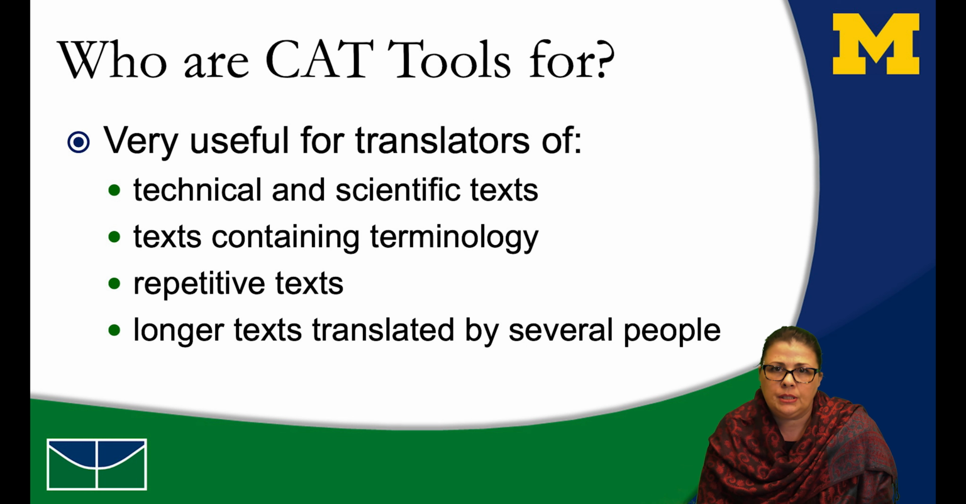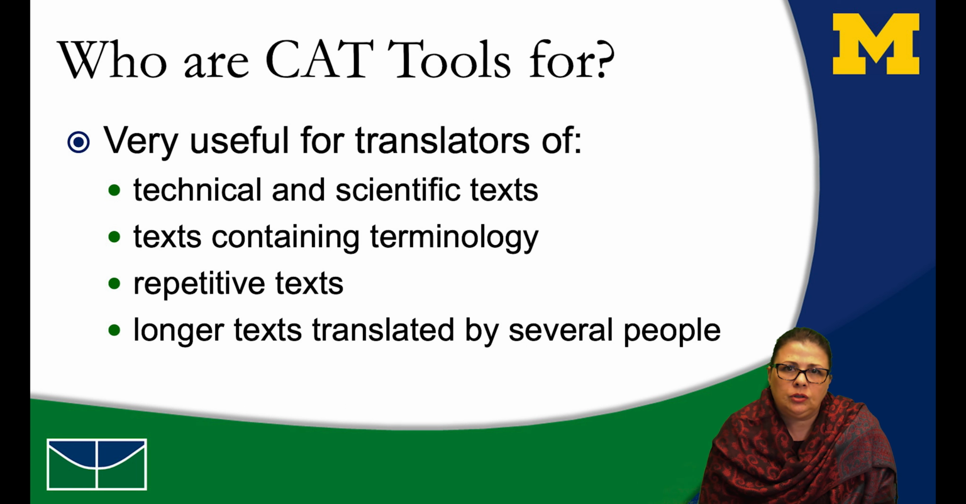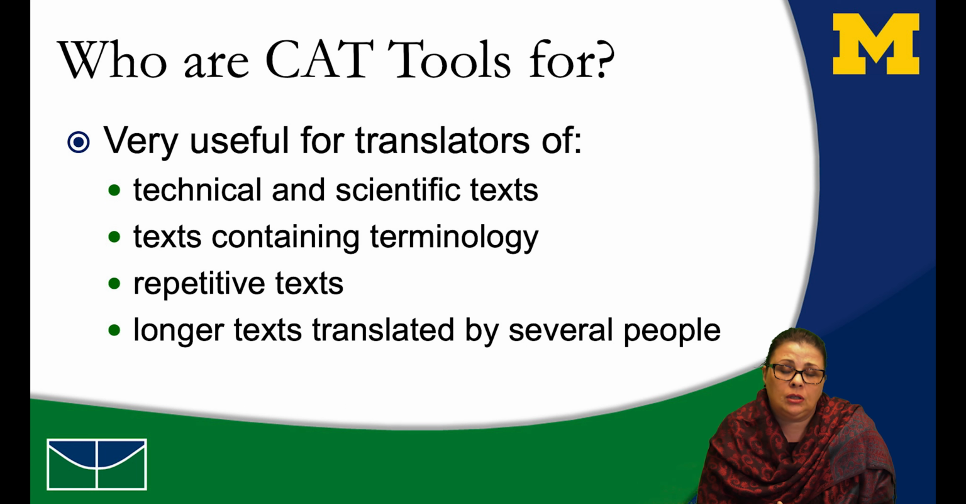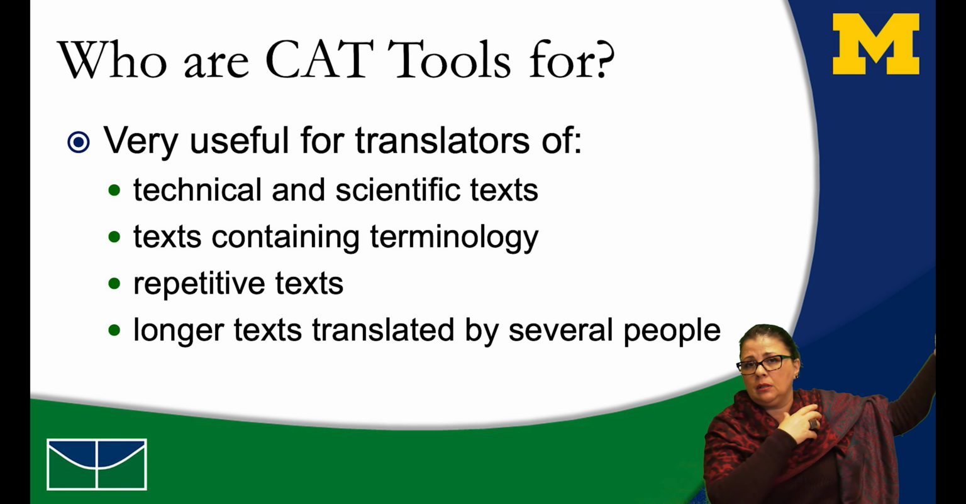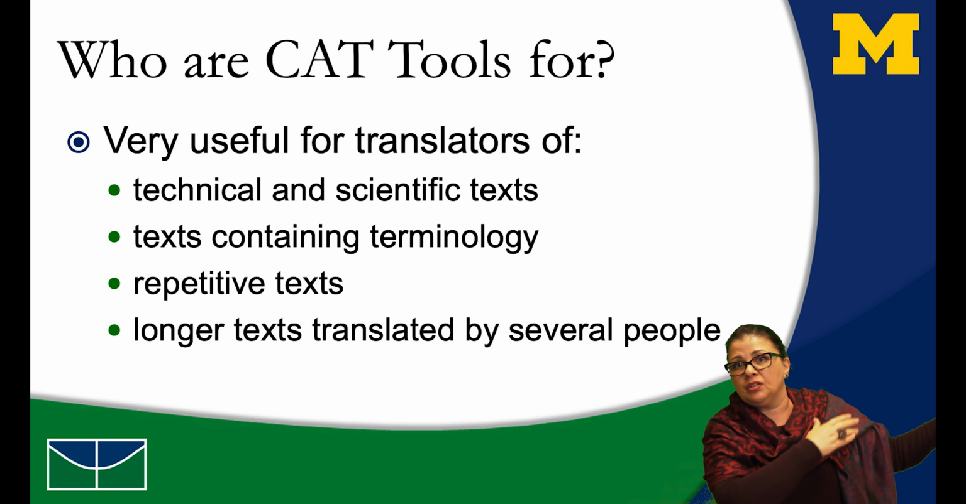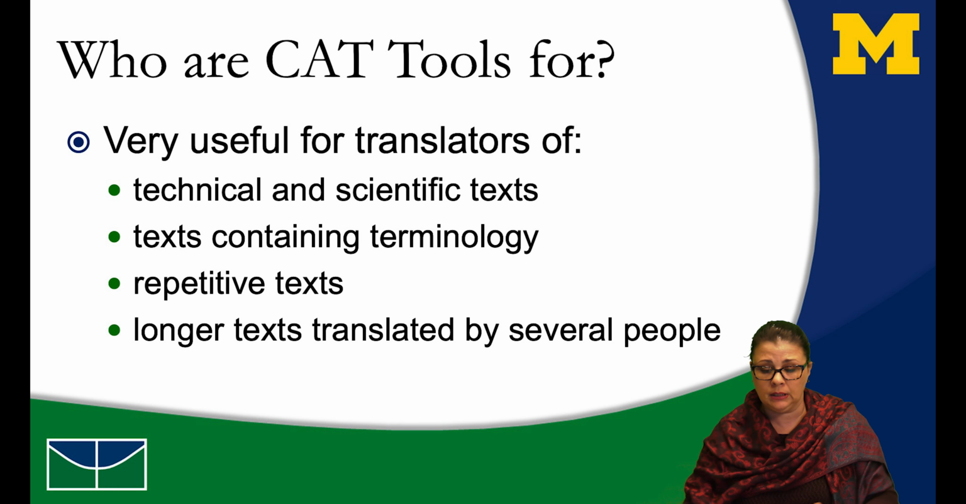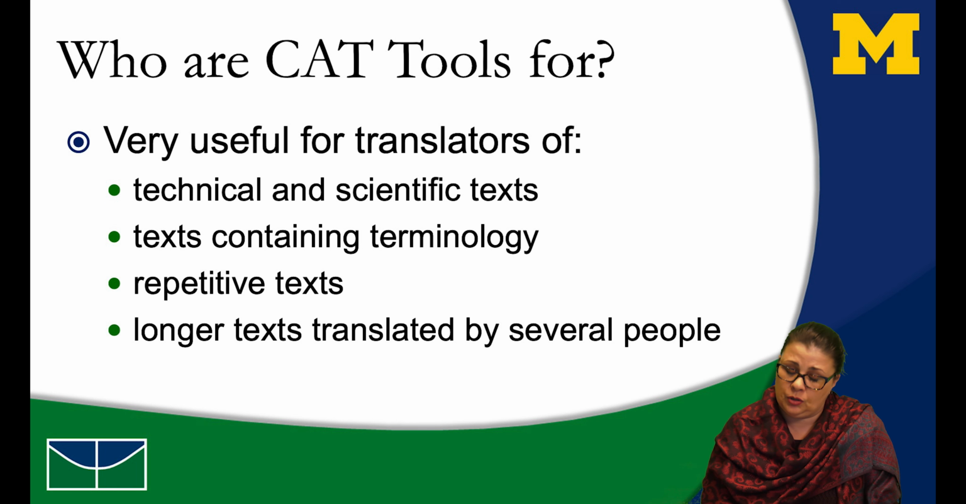So if you are translating technical texts, if you are translating texts that are repetitive, such as scientific texts or any other text that has a lot of repetition and contains a lot of terminology, or that are too long, so it's harder for you to remember what you did last month in the first part of the 600-page book, this is when the translation memory and CAT tools in general are going to be very